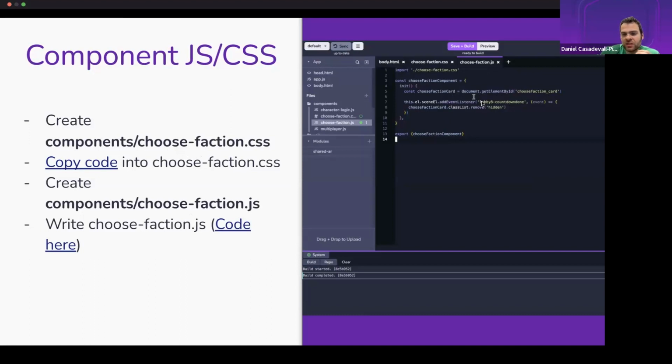This is how we hook up something to happen once the lobby is done, once everyone has readied up and the countdown has reached 0. Then we subscribe to countdown done, and once that happens, we remove the hidden attribute from our choose-faction. Basically, this just shows the choose faction card. And that is all you need for showing a UI at the beginning of the game.